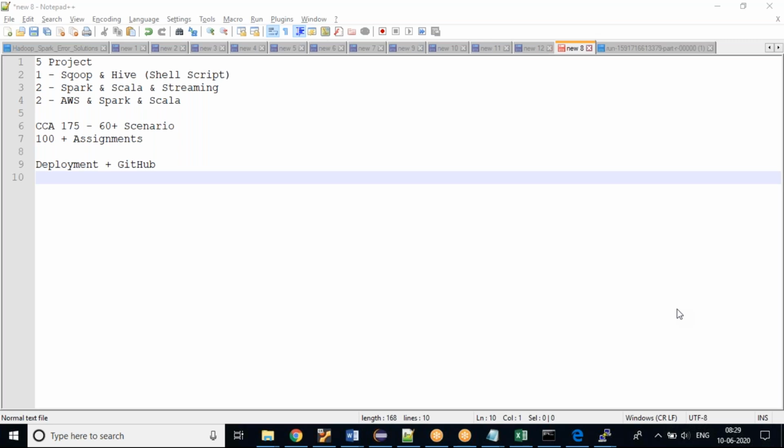What I've done is I've just shared the VM access with them. They will download this Cloudera VM and set up a virtual workstation, which is VirtualBox. I'll connect with them on Friday, maybe ping on the group, either late night or early morning.